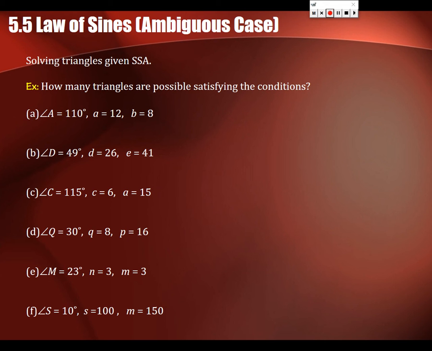Okay, so let's work through a couple of these. We're not going to actually solve these. We're just going to say how many triangles there are. So I would actually sketch a little picture. Now notice,